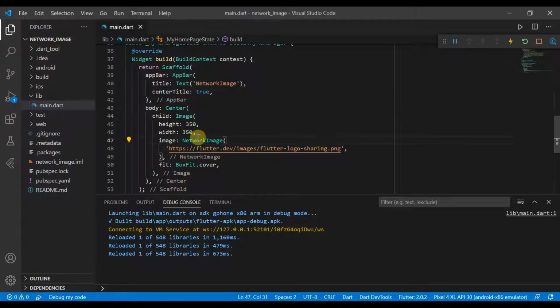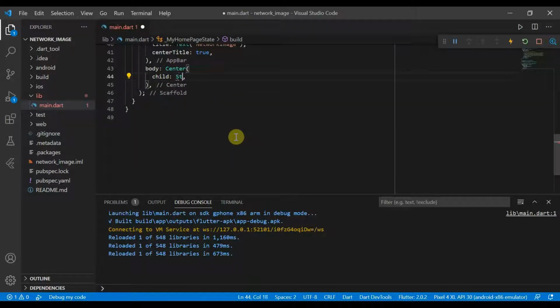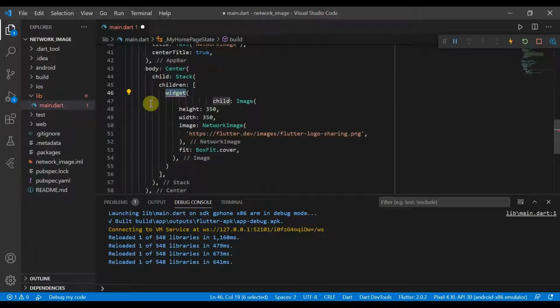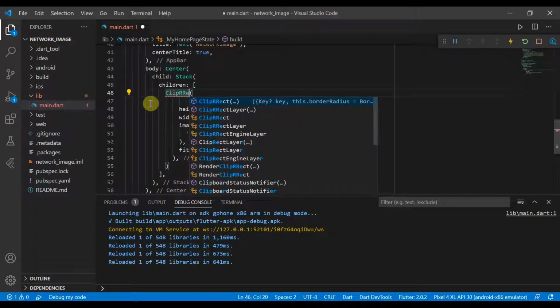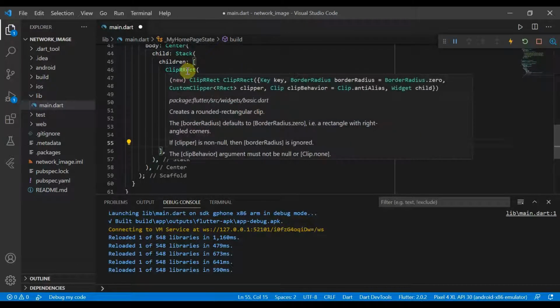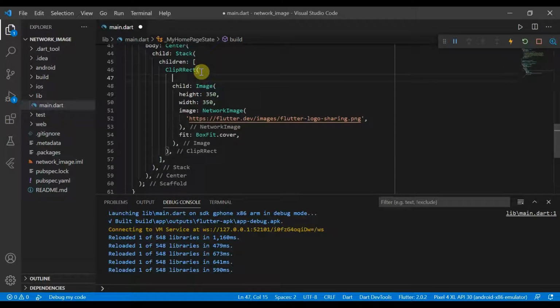So now let's add some description to our image. The body is currently a center, so all that will change. We're going to make the child a stack, and the children will be a ClipRRect. Essentially what a stack does is it stacks widgets on top of each other, the one at the bottom starting with the ClipRRect, and then the ones after will be the ones at the top, and so it just looks like this. We can change the border radius,